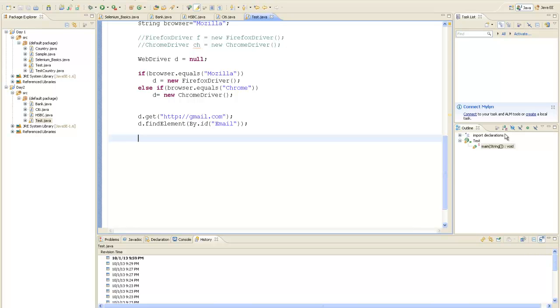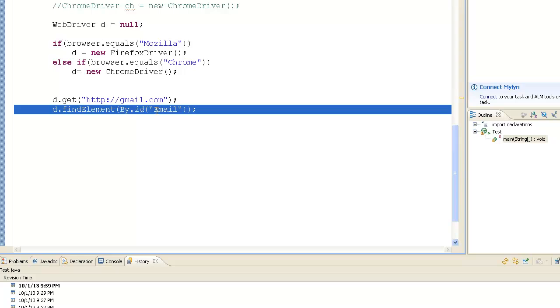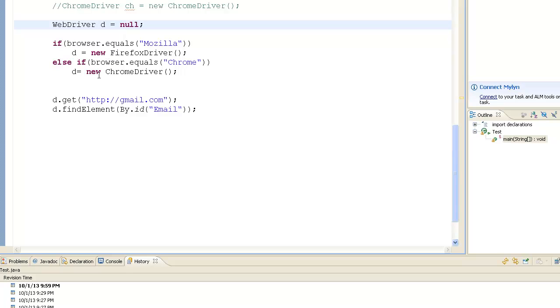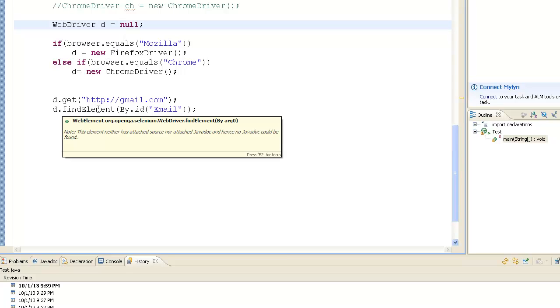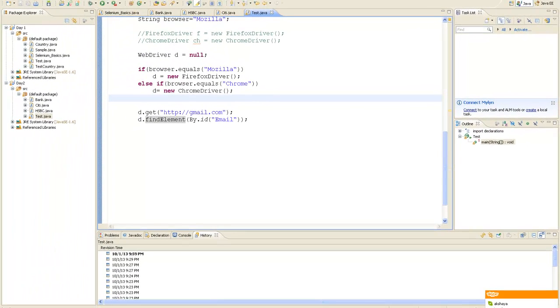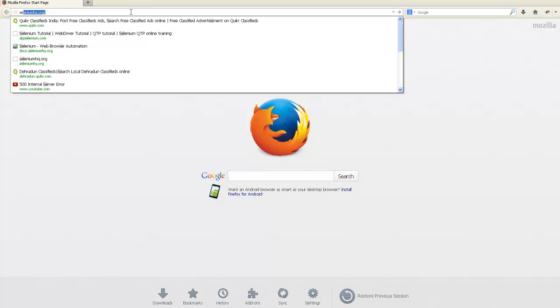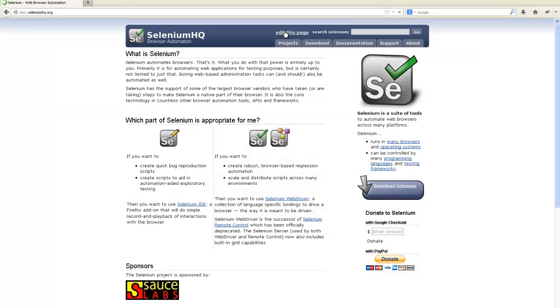So now, once I have written driver.find element by the ID email, you can find the element, but how do you interact with it? Just finding the element on the page. Now what if you look at the return type of this function find element? If you go to the documentation again, unfortunately by mistake I closed it. If you go to seleniumhq.org and the documentation,